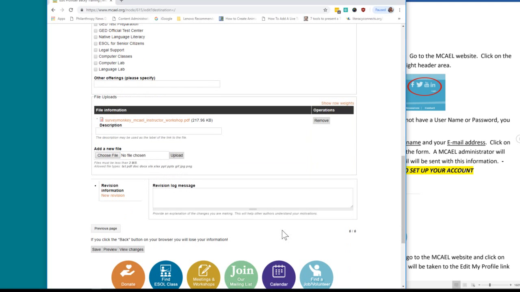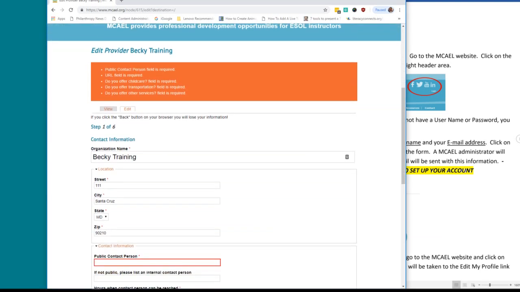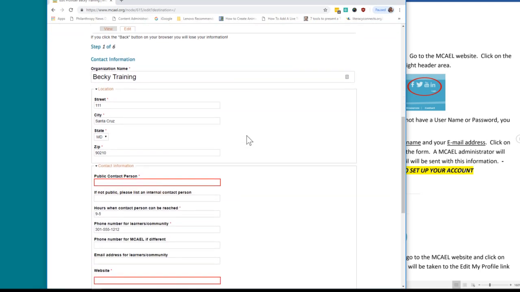from 1 to 6. What you need to do now is preview what you've entered. Now what happens is when you enter information on these forms, Monica or an administrator will be getting a notification when you click save. So if you click save 18 times, Monica is going to be getting 18 messages and she's not going to know which one to follow. So you want to preview your information that you've added, and if it all looks correct,